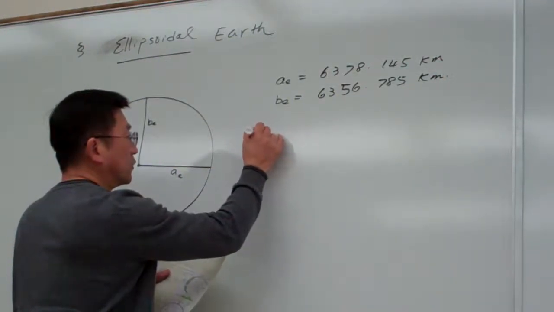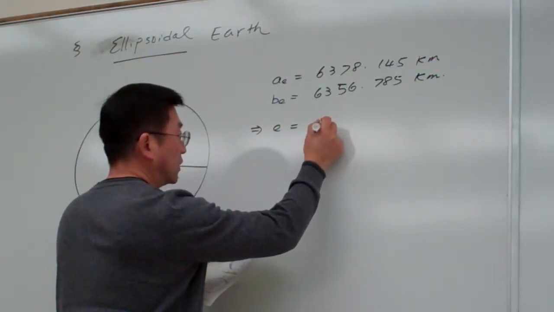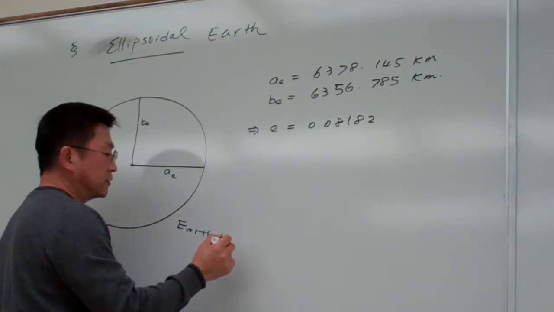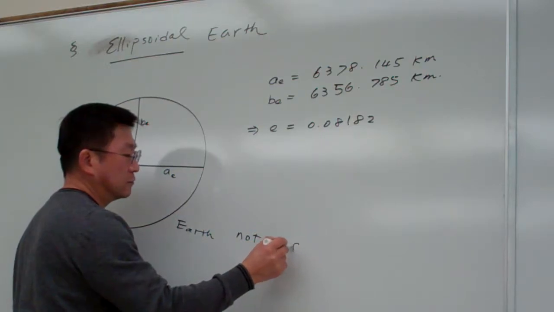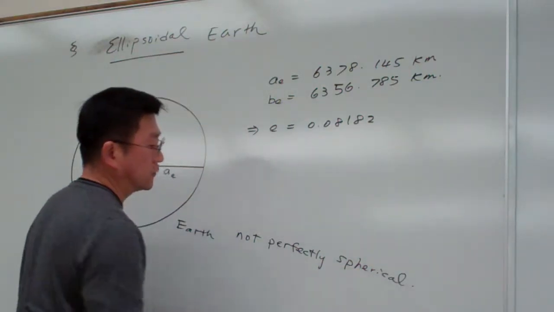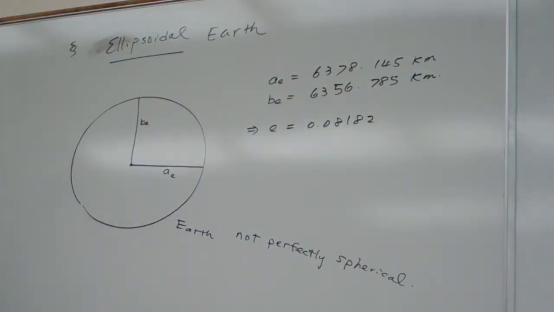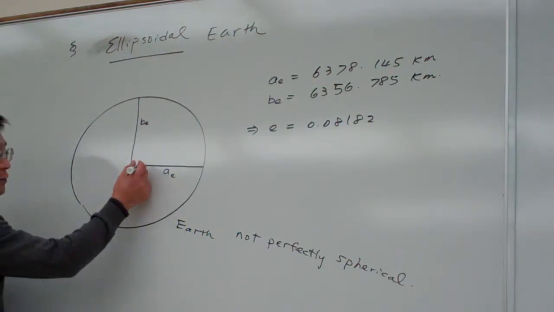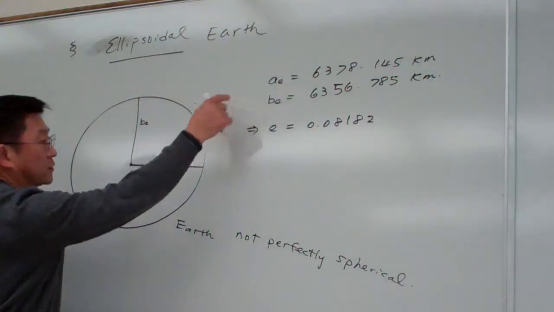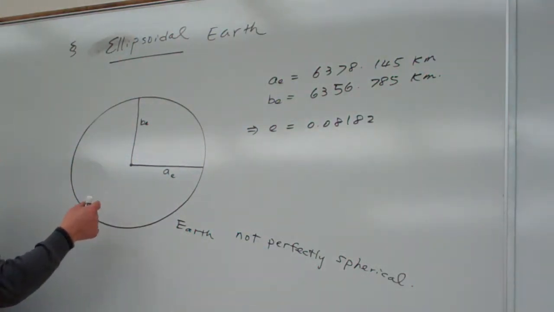Okay, so that means this one produces a corresponding eccentricity of about 0.08182. So the Earth is not a perfect sphere. Under these situations, we've really been thinking they should have an occupied focus. So in these situations, let me demonstrate how to consider this kind of imperfect surface shape,